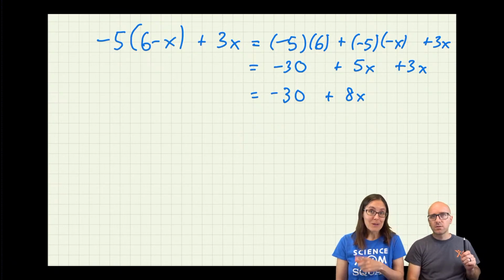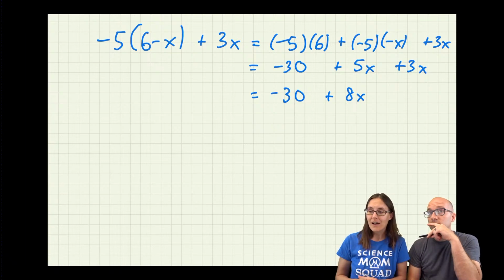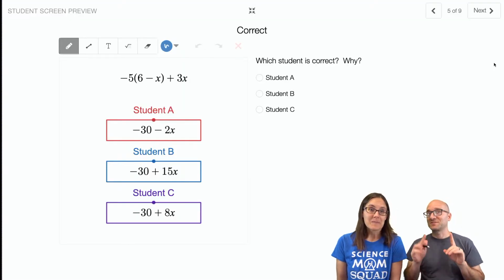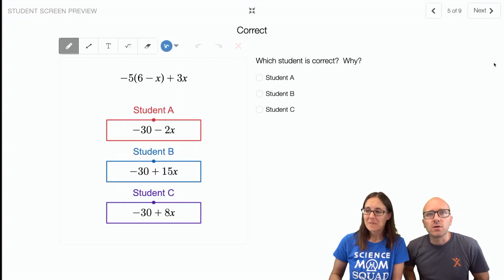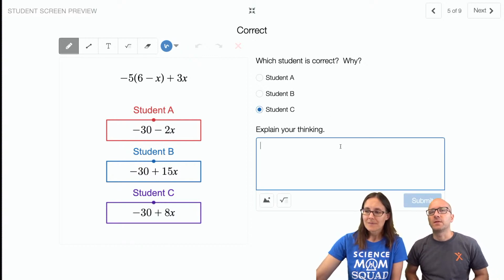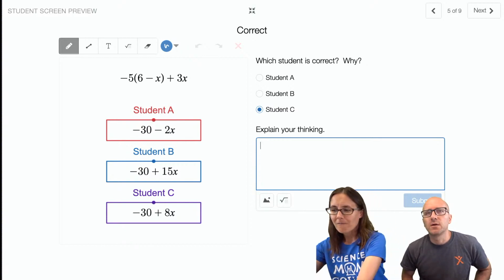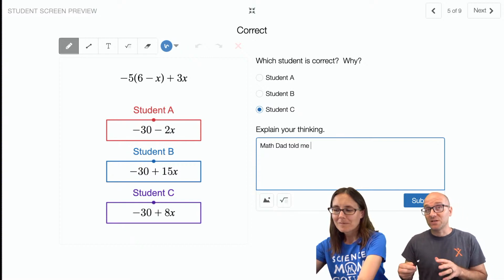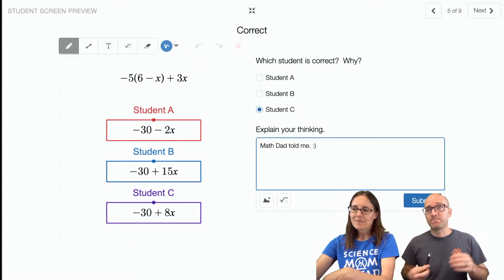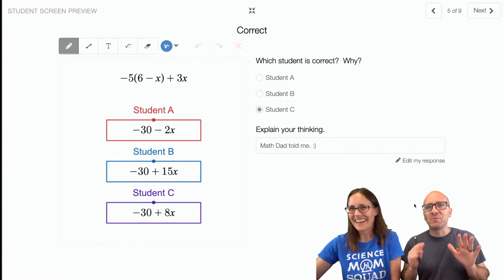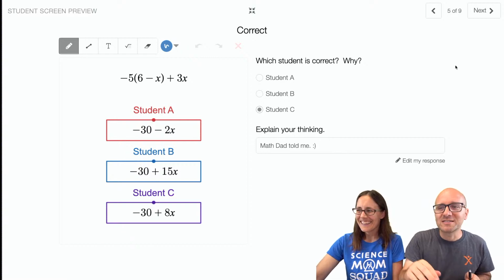When I looked at it in my head without writing it out, Math Dad, I thought, oh, student A is correct. I forgot about there being 2 negatives making a positive. Ooh, yeah, so there was a trap built into this one. So it was student C who got it right? Yep, student C. Good job, student C. And then could explain that thought process, but mostly we distributed and then simplified. Ha, there's my thought process. Math Dad told me. Yeah, okay, that's maybe not a great answer, but we'll accept it for now